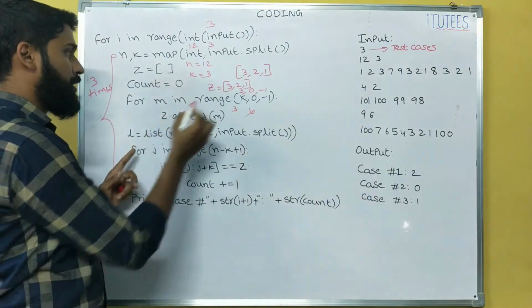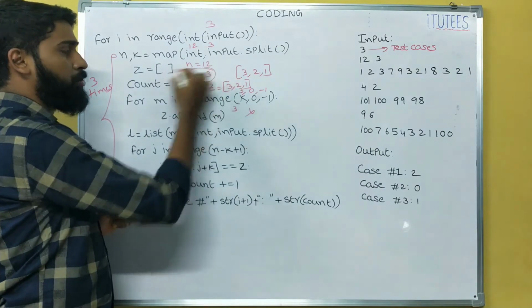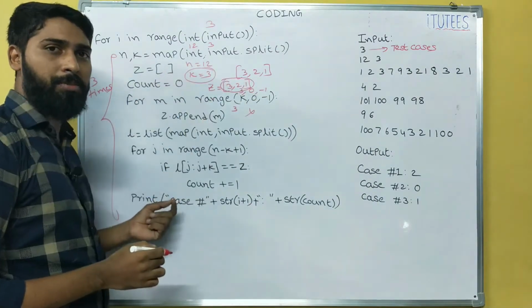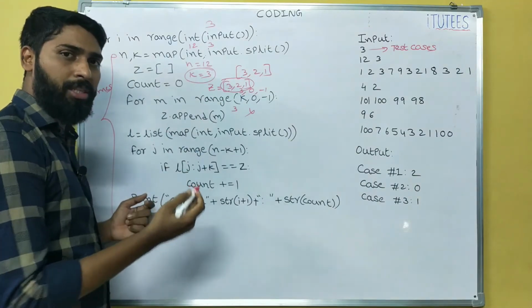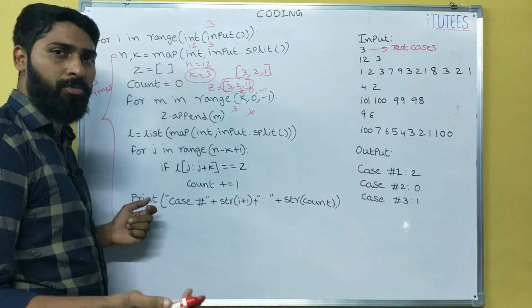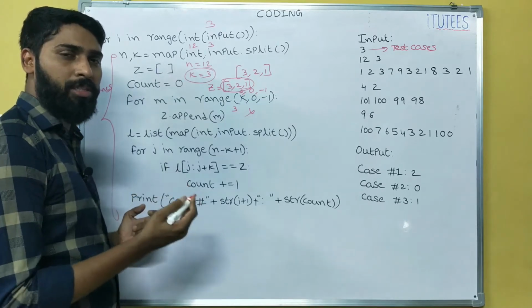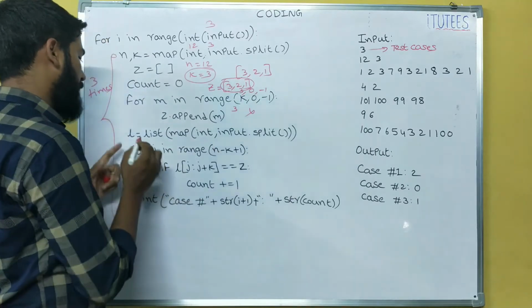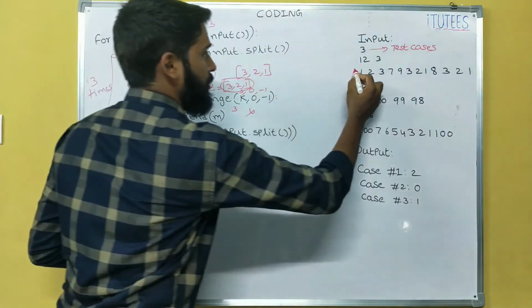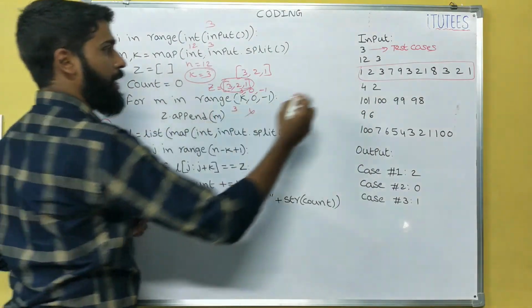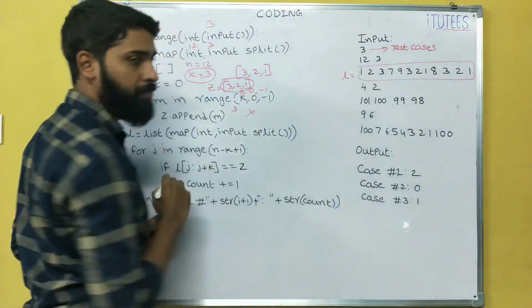So for k equals 3, here we are going to find the subarray. Already what is in the description? If m equals 3, the subarray is 3, 2, 1. If m equals 2, the subarray is 2, 1. If m equals 6, the subarray is 6, 5, 4, 3, 2, 1. Okay. So next, these values I am storing in one list L. So this is the L.